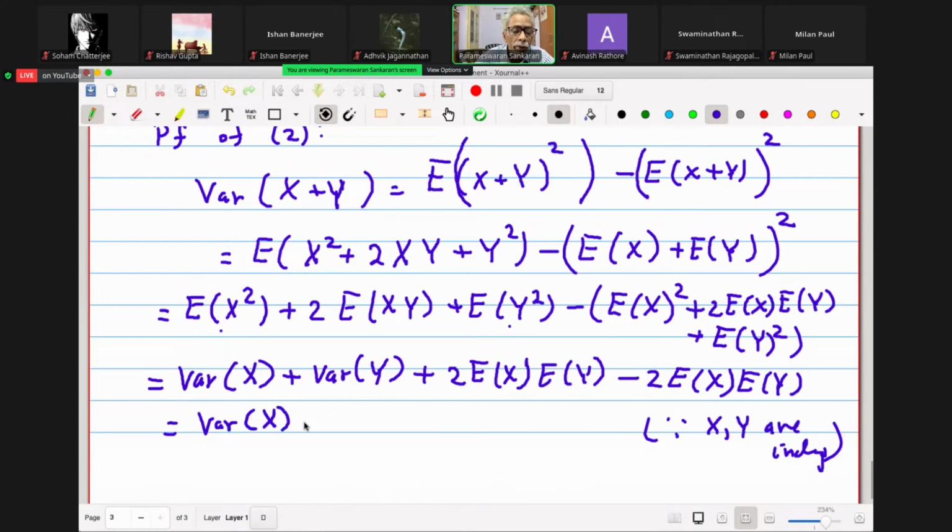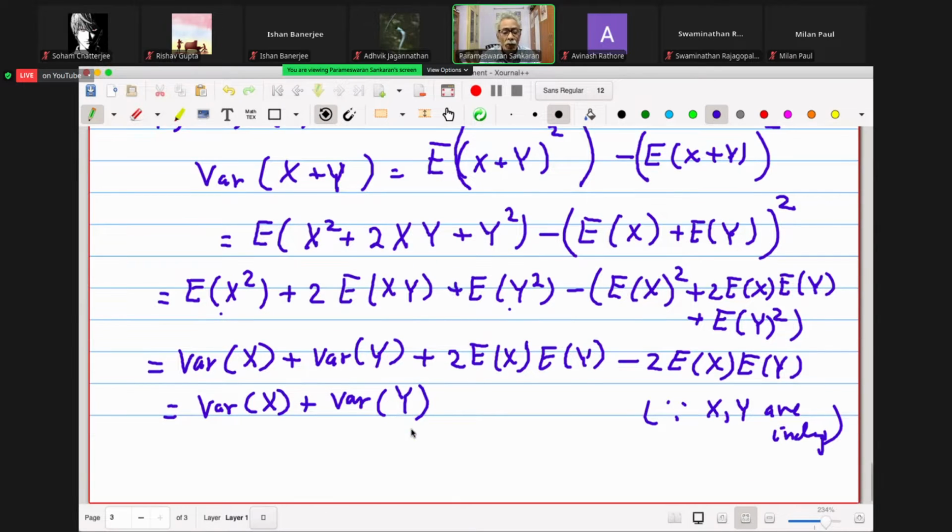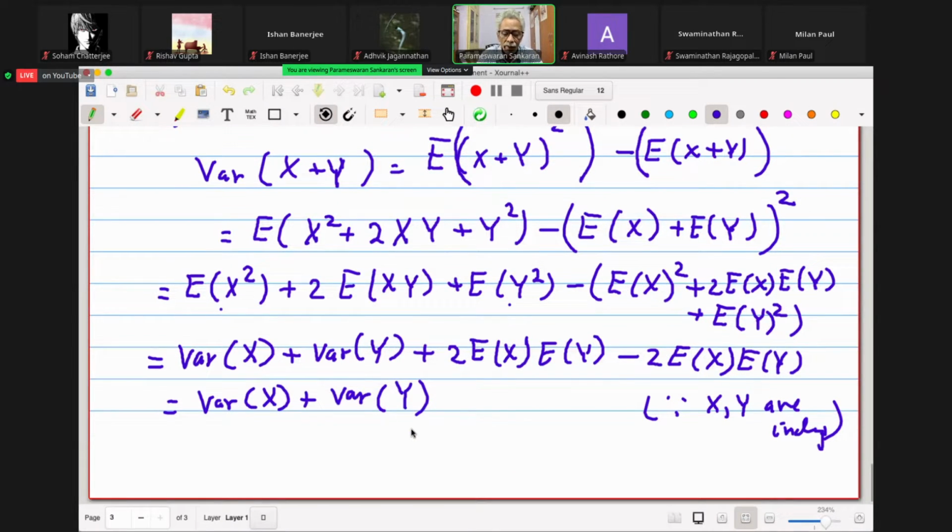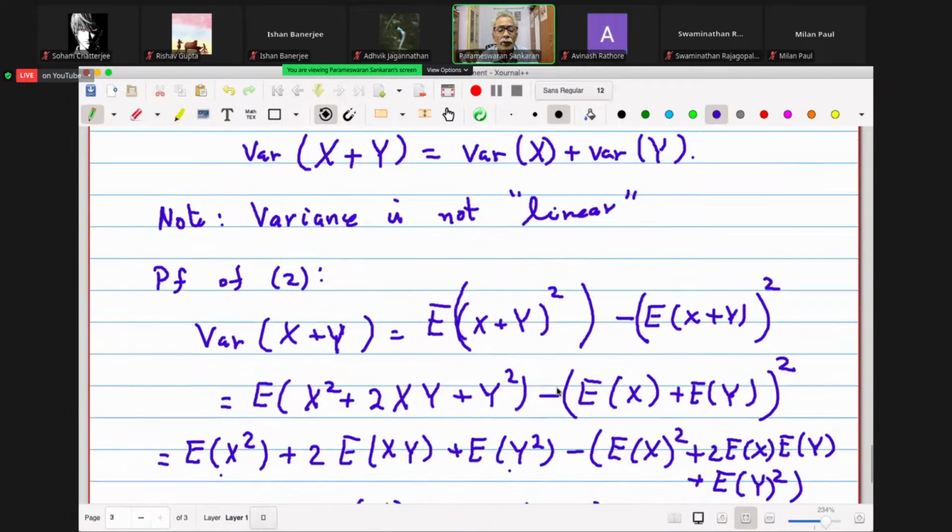A simple enough thing, but it's very useful, variance of x plus y. But suppose you are not able to cancel, then what happens? So nothing really, we just get plus 2 times the covariance of x and y. That's all you get. So in general,